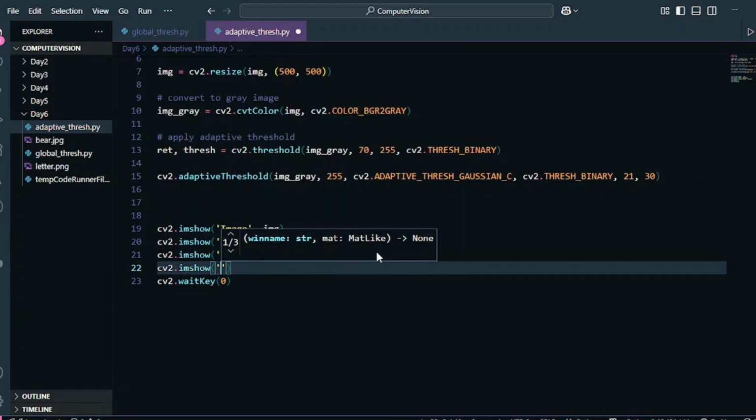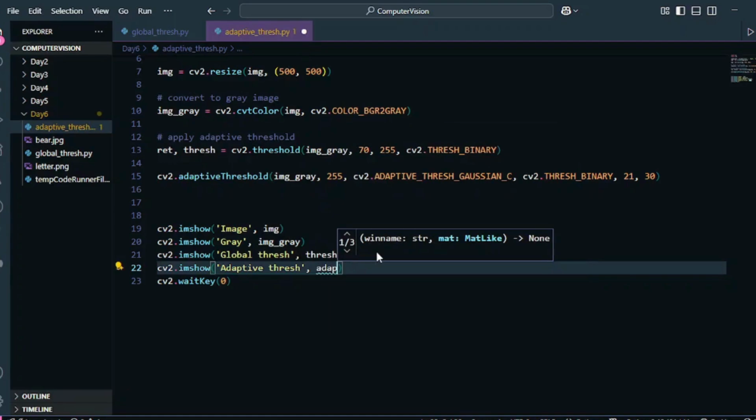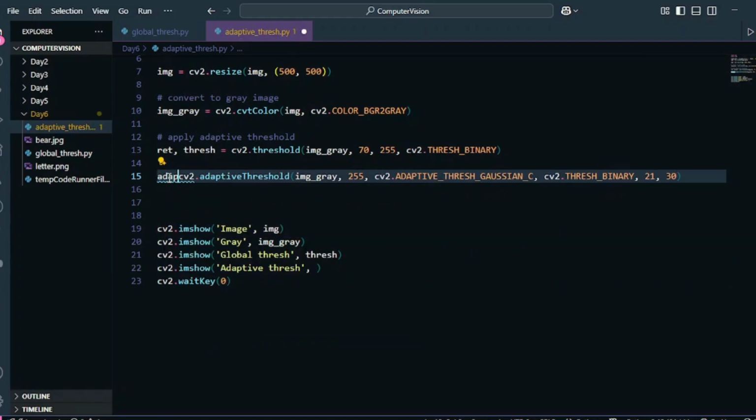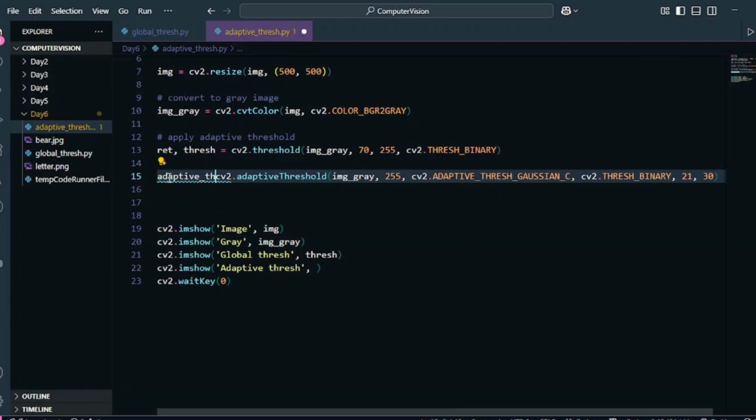And now what I'm going to do is I'm going to visualize this image as well, and let's see the difference. I'm going to call it as adaptive thresh. Okay, so I have to save it somewhere as well, so I'm going to call it as adaptive thresh.